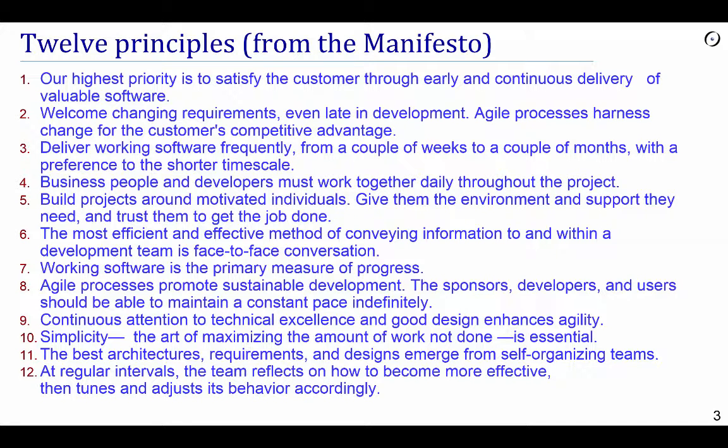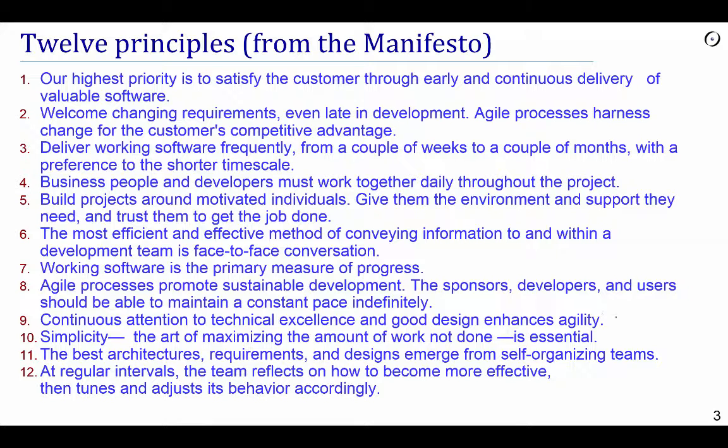7, this is really a repetition because it has been said already. Working software is the primary measure of progress. Documents, requirements, designs, and so on are great, but they are not what's going to show you that you've really progressed. In the Agile view, the only measure of progress, or at least the primary measure of progress, is the working software that you have actually produced so far. 8, promote sustainable development. Don't overwork developers, it doesn't work in the long term. Make sure that everyone can maintain a constant pace indefinitely.